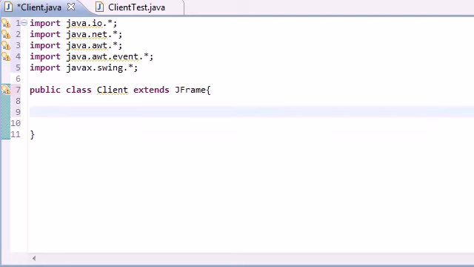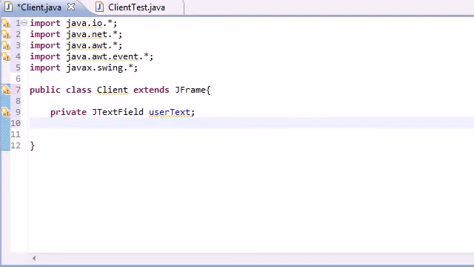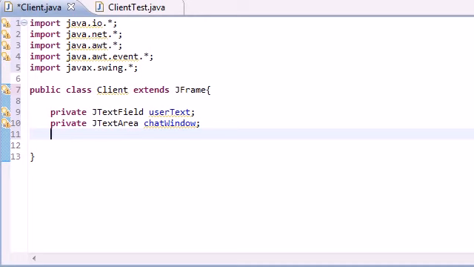But anyways, now that I got that story out of the way, let's go ahead and code all the variables that we need. Again, I'm not going to go over them again, so most of them are the exact same. JTextField userText is where you're going to be typing the stuff. JTextArea is that chat window where everyone's messages are going to be displayed. Private